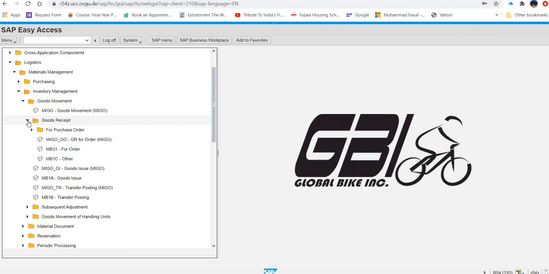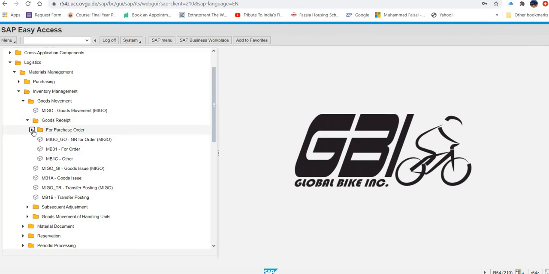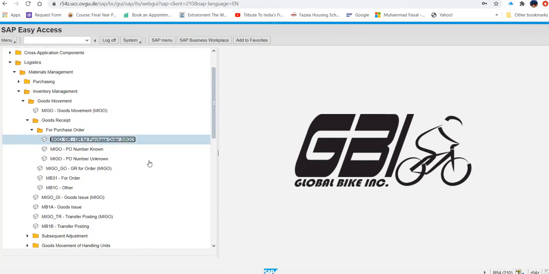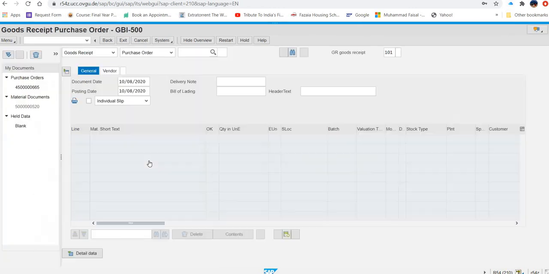Under goods receipt, for purchase order, then GR for purchase order, that is MIGO. GR for purchase order. So goods receipt for purchase order. Okay. So we are on the correct screen now.